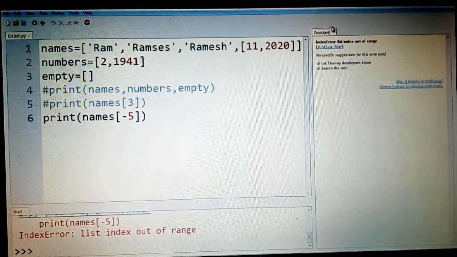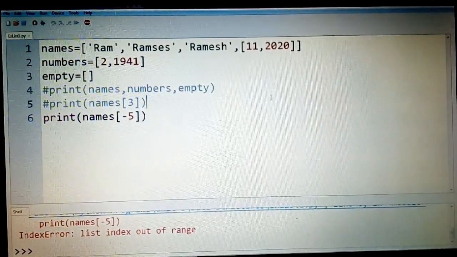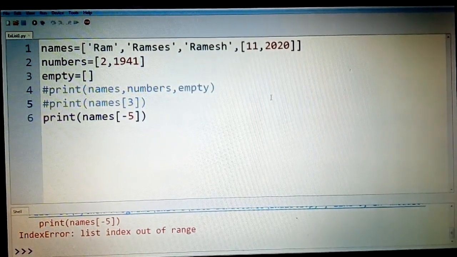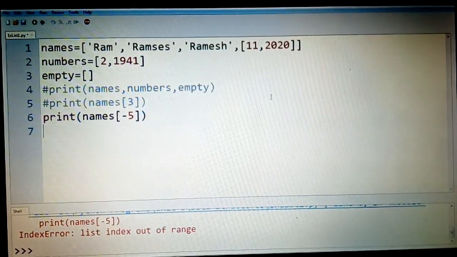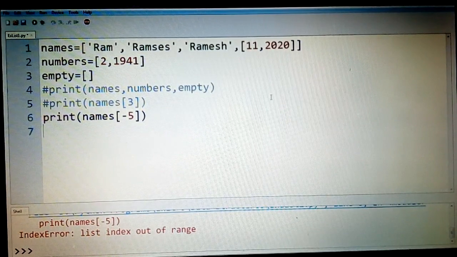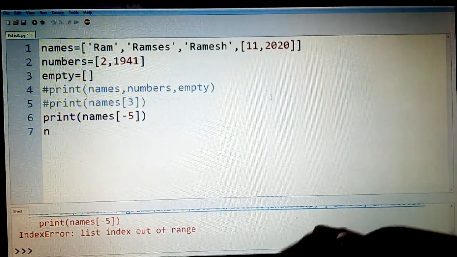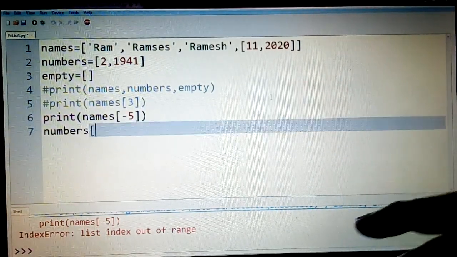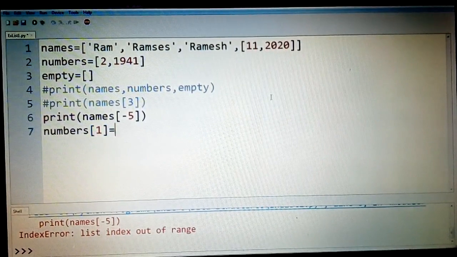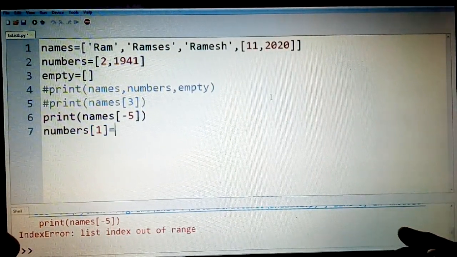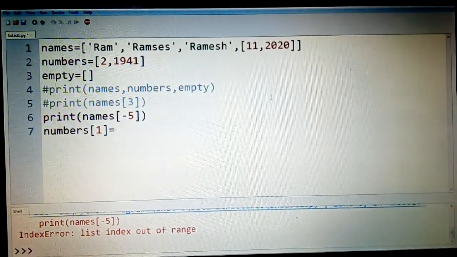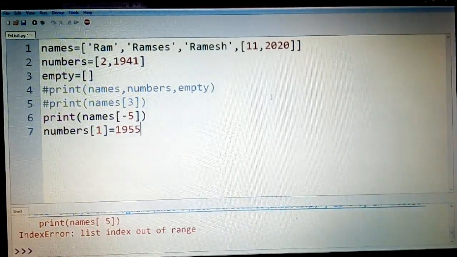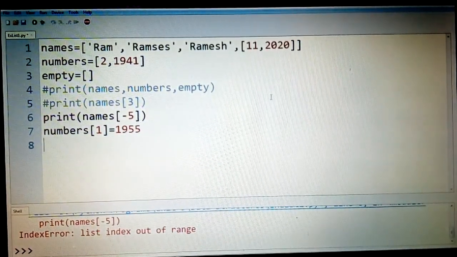You can access the elements by using this indexing, or for that matter even change the value, that is, it is mutable, as I was saying earlier. You can try to change the value of this list. For example, if I say numbers of bracket 1 equals some value, let us say 1955, and now if I try to print this,